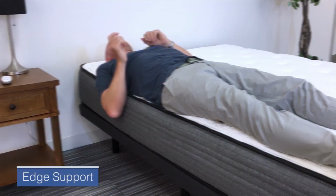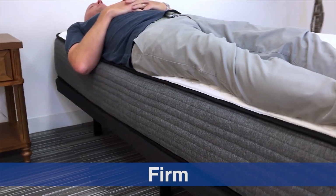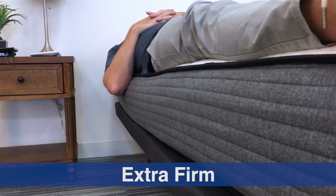The next feature is edge support, and we look at this a couple different ways. We look at this both lying on the mattress, that's our more important consideration, as well as me sitting on the edge, just as I'm doing right now. And overall, we would say the plank mattress did good to very good. Again, it varied a little bit by side. Maybe counterintuitively, what we found was that the soft side had a little bit better edge support than the firm side. Again, the firm side was still good in our estimation, but for whatever reason,